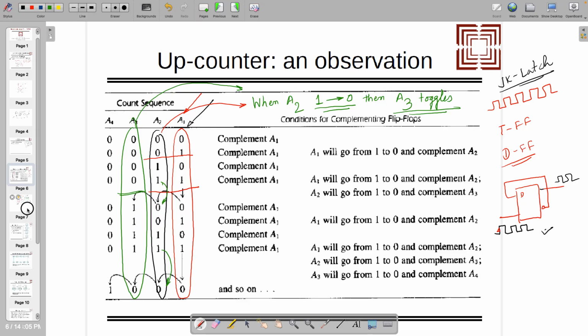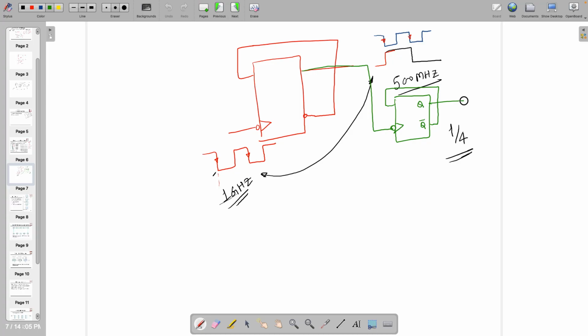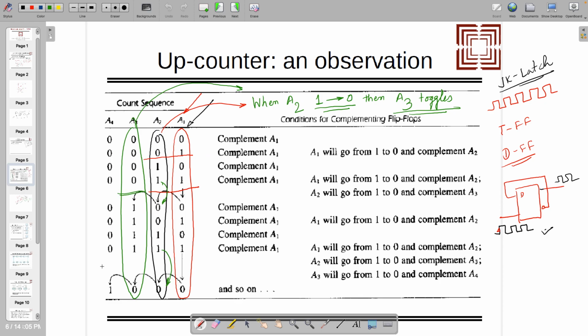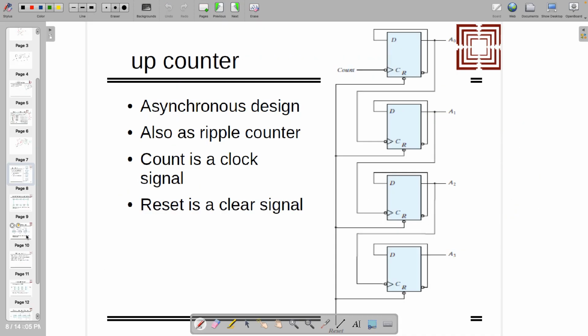Same way, we can keep the same circuit and you can proceed further. You can see that the next bit is also changing when it's going from 1 to 0, right? So this is the solution you can see here, which is copied from the book. That book has used reset also, you can see here.